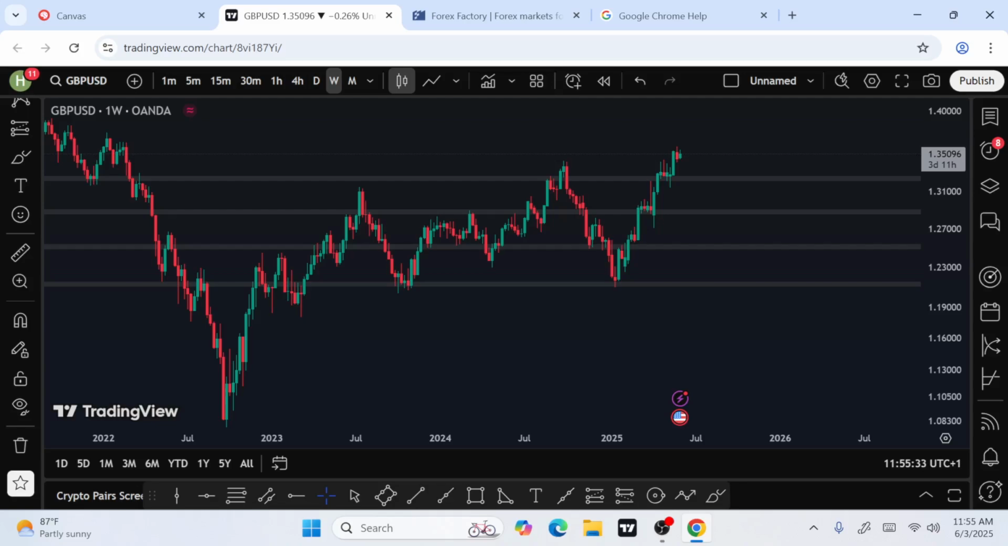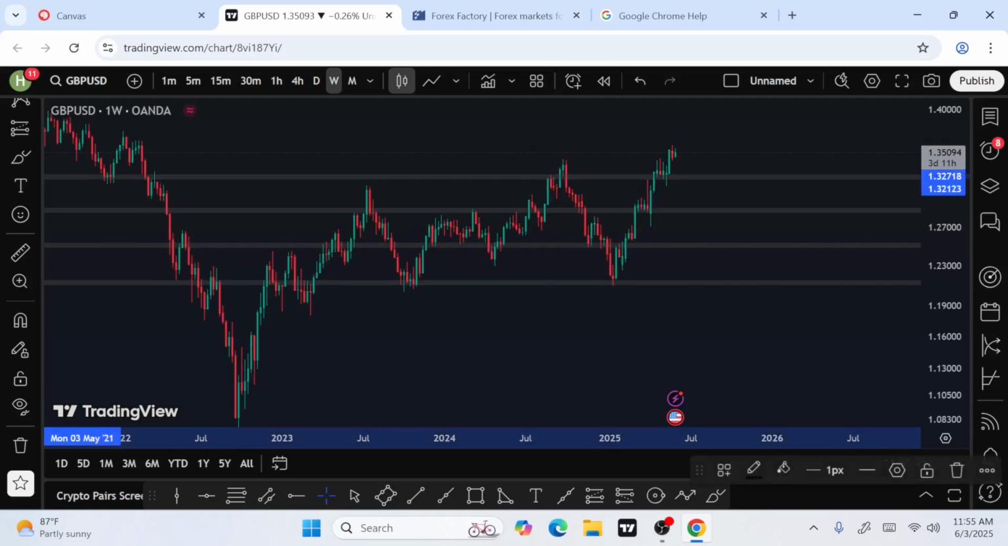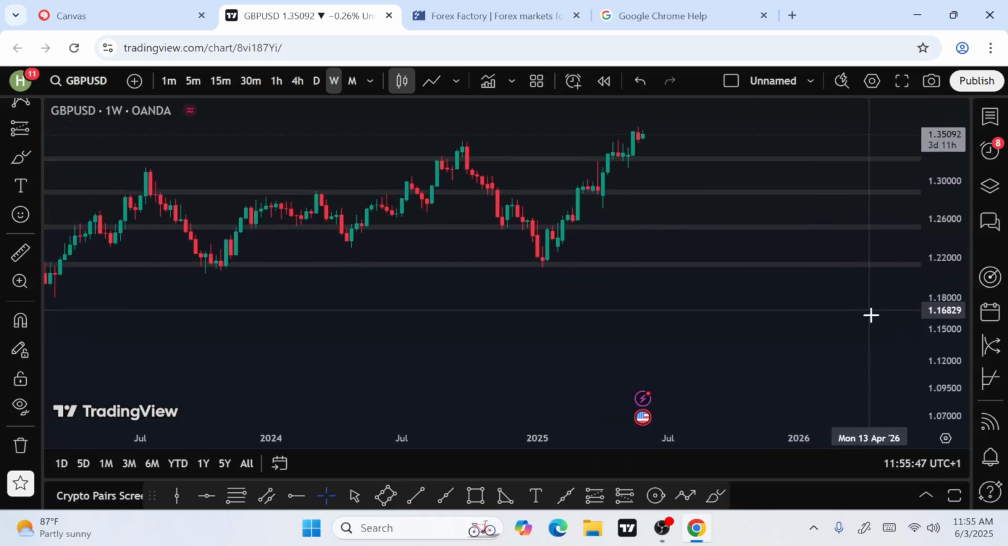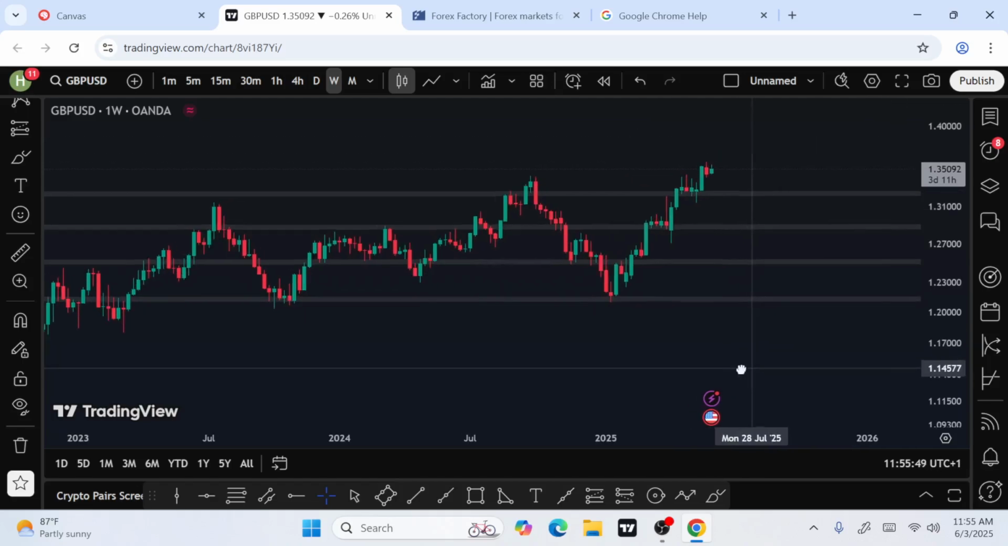That is why. That is why. TradingView is very sweet. Now,